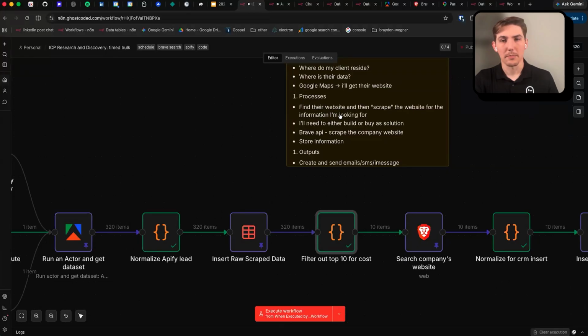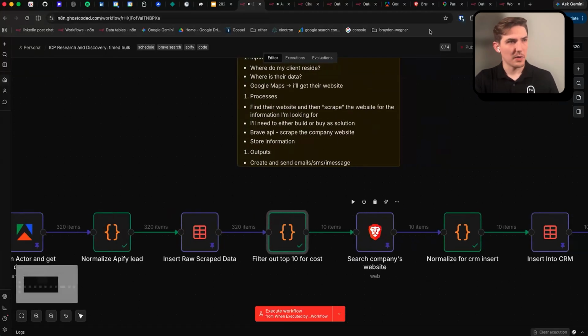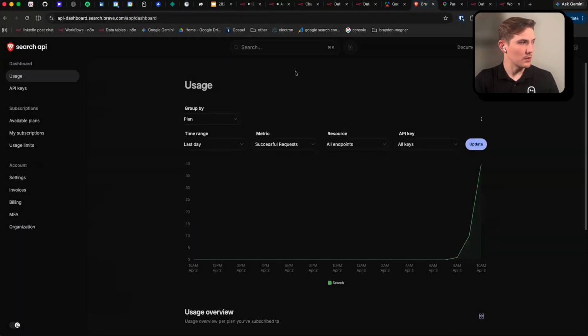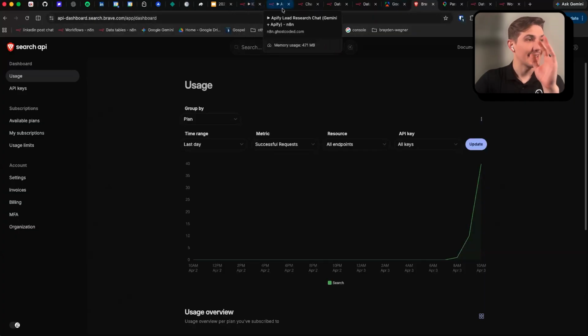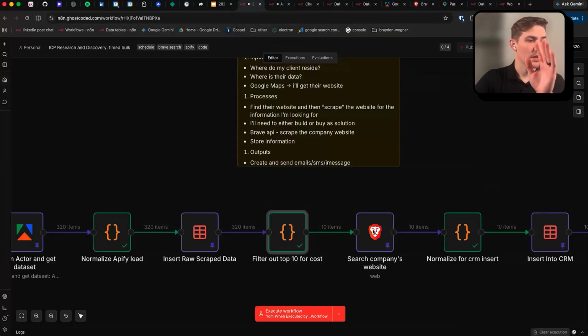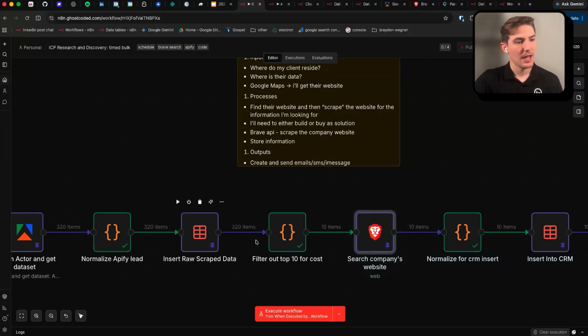So now we're in the process phase. This is the Brave API. If you go here, this is what it looks like. They have a generous $5 a month for 1,000 requests whenever you sign up, so you don't have to pay for up to $5. You have $5 of credits every month to play with this and test around. And again, the purpose of this was that now that I have the website,